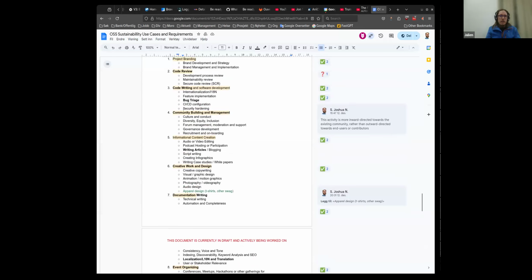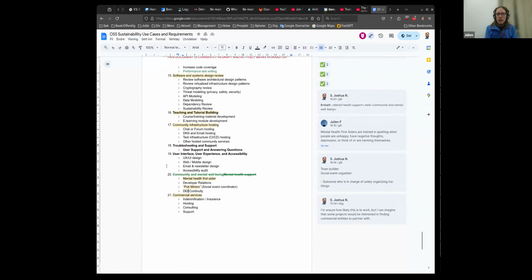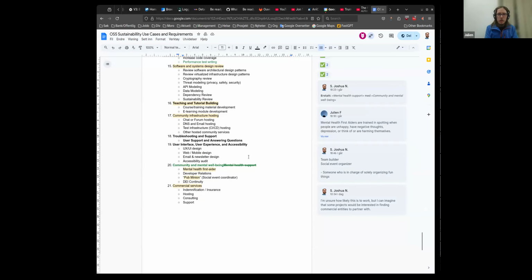Continuity, I think, is probably what fits in with the health of a project. Under point 4, we have a point called culture and conduct. Yes, that's what I'm looking at. That's where I'm coming from. Right. So you're building that, right? You're setting out to build a positive culture, and as part of that, you set out some rules, for example a code of conduct, and then you think about how do we keep a diverse group of people invested in this, how do we include people, and how do we make sure that everyone is happy to join this, and then you moderate that, and so on. You recruit according to that, all of those things.